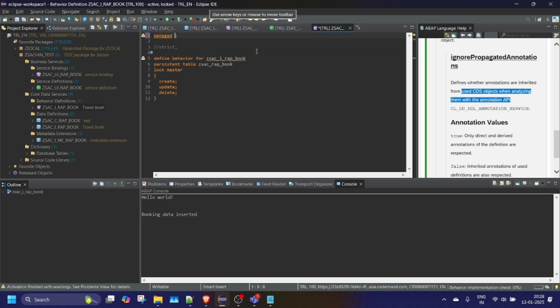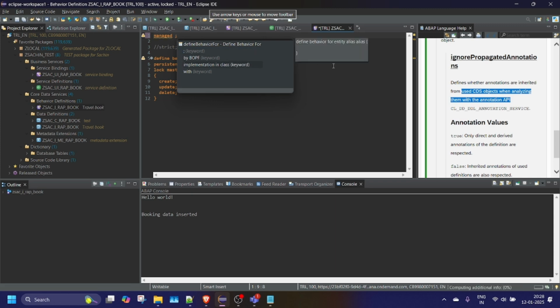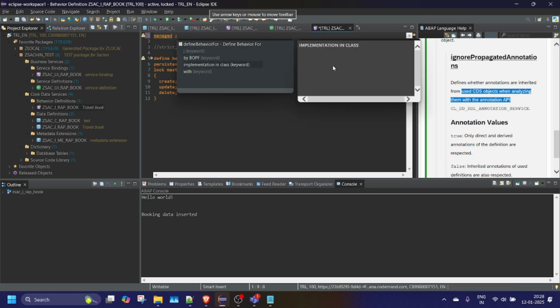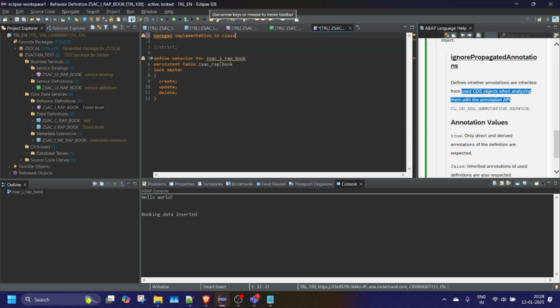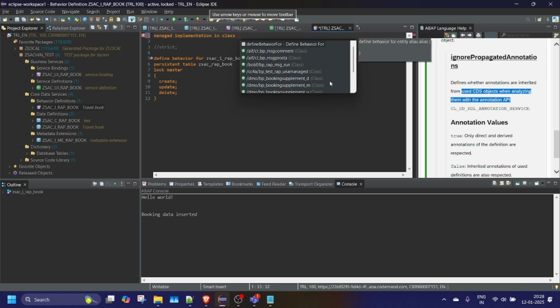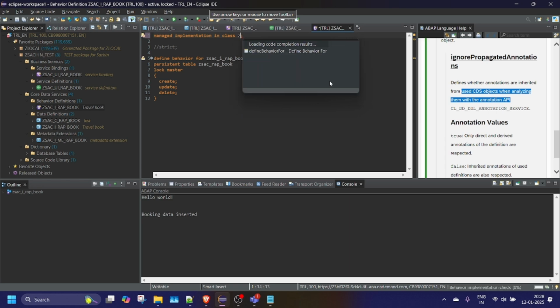After managed also, there are a lot of features available here, like managed implementation in class. So just now as we mentioned, we can create multiple actions for sending the email, changing the status. We can create some validations or determinations, all those features. Where can we write the logic for that? Because we want to write the logic in ABAP. So for all that we have something called implementation in class. After that we specify the name of the class that we want to create,